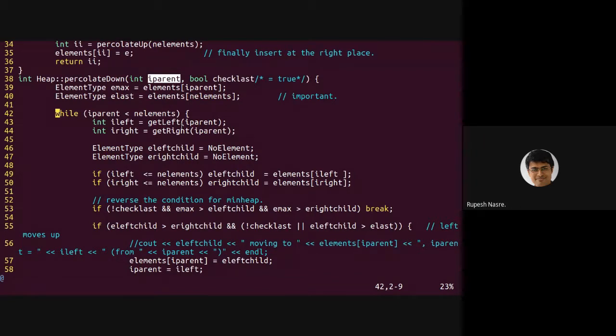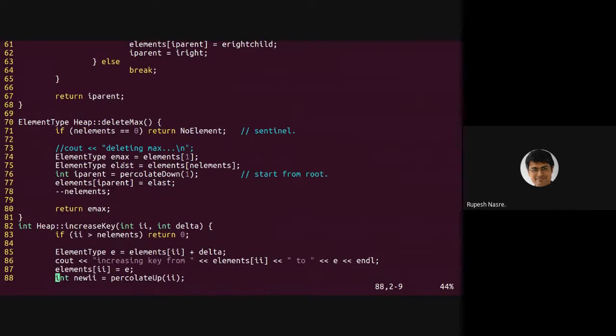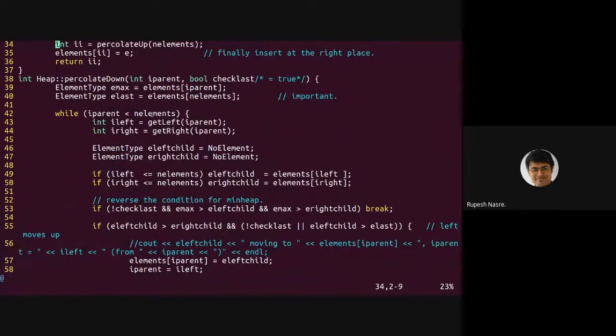So we have removed that element, and that index we would like to move down. So that last element which we had stored here actually is going to be useful in percolate down, because we have to compare against that. So I should have possibly passed that elast as a parameter to percolate down, but I think I'll recompute that here in the percolate down function itself.